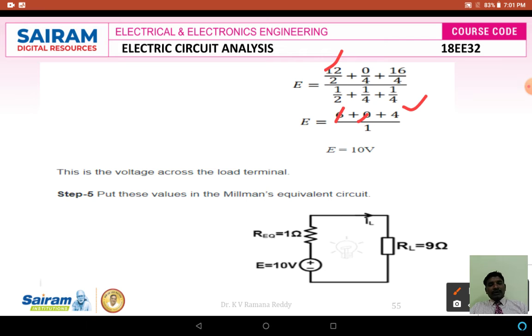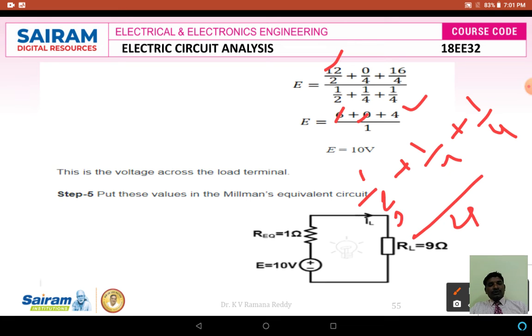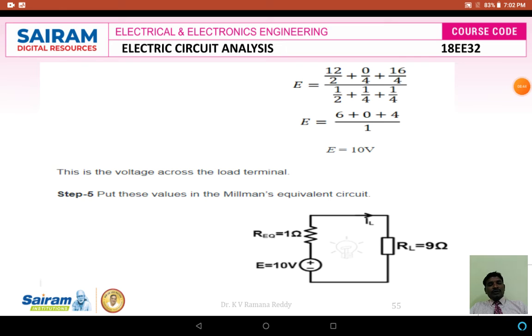Divided by 1 by 2 plus 1 by 4 plus 1 by 4. It comes as 1, because if you take the LCM as 4, here 2 plus 1 plus 1 becomes 4 by 4, and it is equal to 1. With the denominator being 1, the numerator 6 plus 0 plus 4 divided by 1 is 10 by 1. So the overall E is equal to 10 volts,